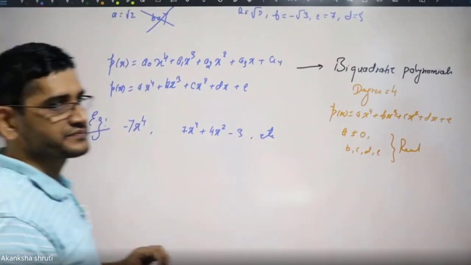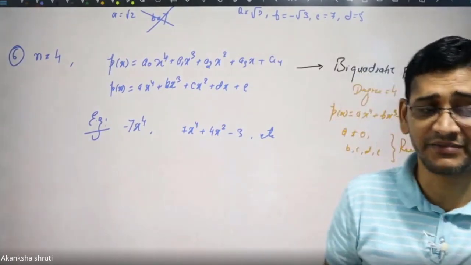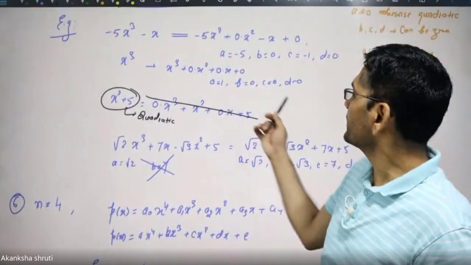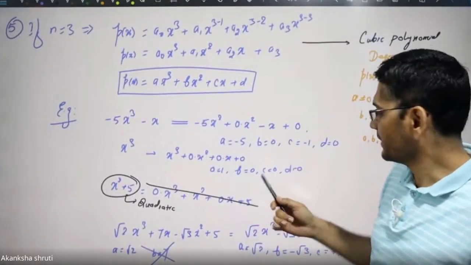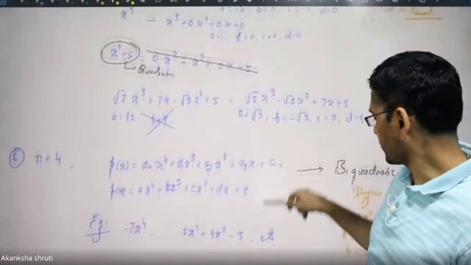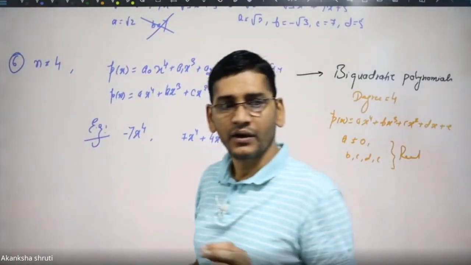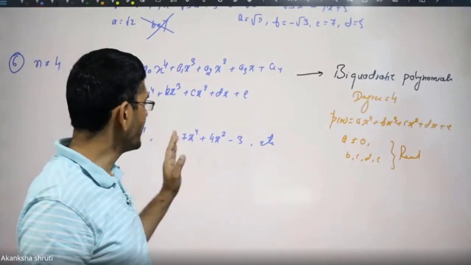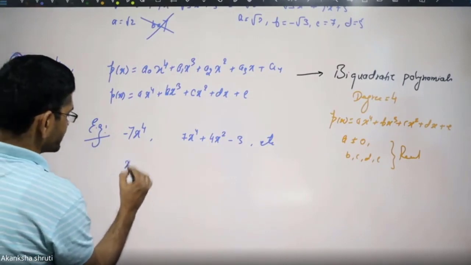Similarly, the power can be 5, 6, 7 and different names are given. Those names are not important. So up to these, cubic is important for us. And this chapter exclusively deals with the quadratic. But in addition to that, we will come across this biquadratic, where we need to find all the zeros of such biquadratic polynomials.